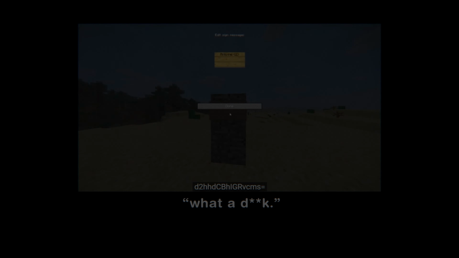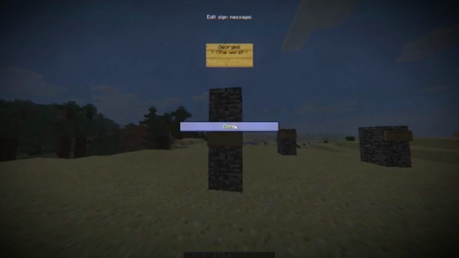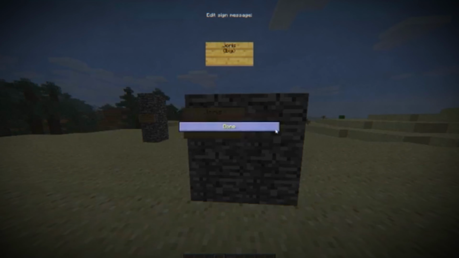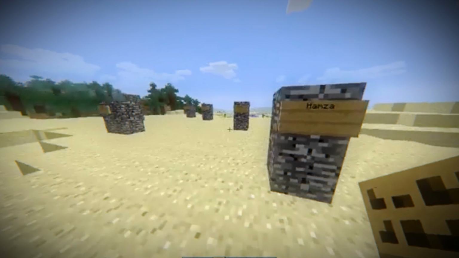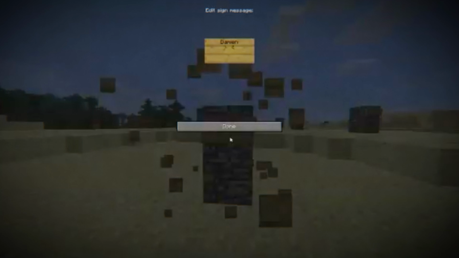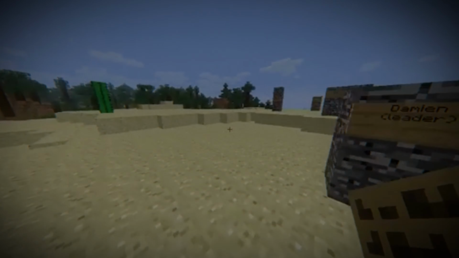So far, it looks like he is trying to place bedrock and name them after someone who bullies him in real life. After that, he places 3 bedrock blocks and names it George with the worst in the bracket. Once again, this time he places 4 bedrock blocks and names it Joris with big in the bracket. Made another player and named it Thomas, and another one with the name Hamza on it. Now he goes to write Damien's name, but gets scared and doesn't put it, but eventually ends up putting it with the leader in the bracket, meaning that Damien is the leader of all of them.